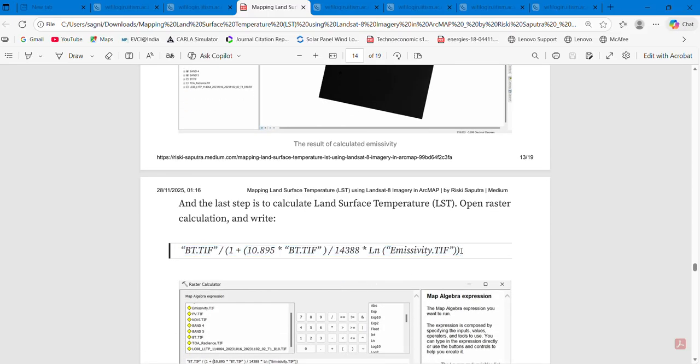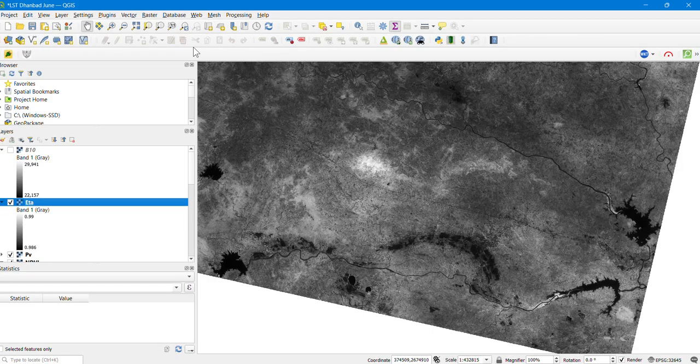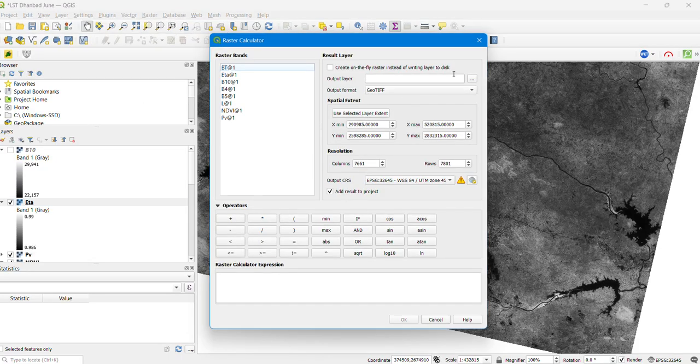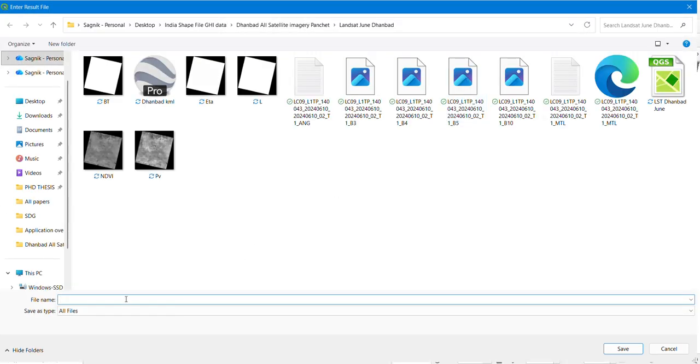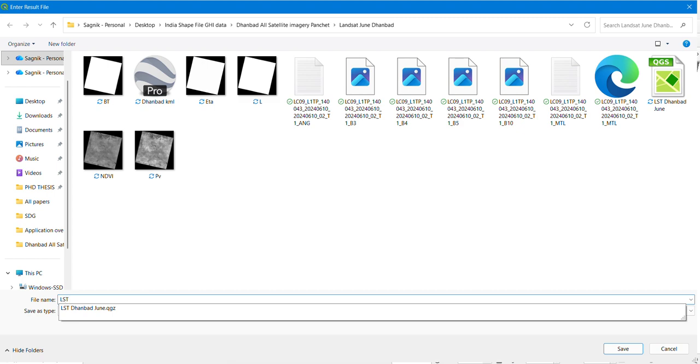Yeah, this is now our formula. I have to change some small things. So we have to do the raster calculation. Raster calculator. I think it has identified the right file. So I am naming it LST